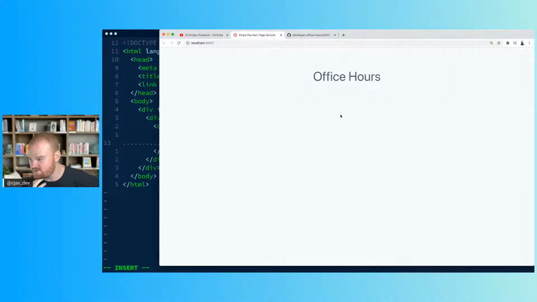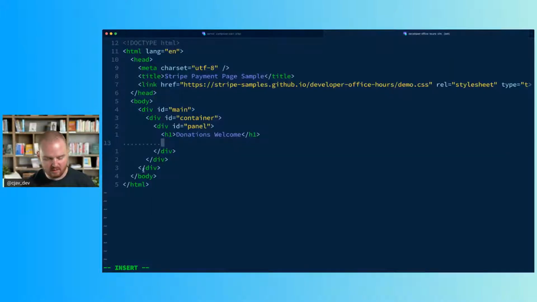But let's make this interesting, and let's also collect the currency, so we can support multiple currencies, and then let's also collect some cause that someone wants to donate to, so that this donation page is a little bit generic and we have two causes that people can direct their donation towards. So we might have an input here for